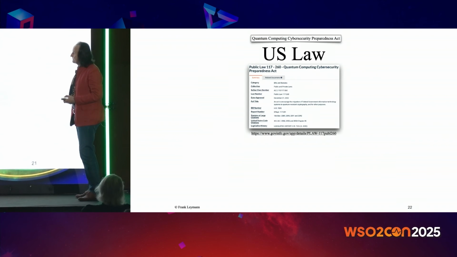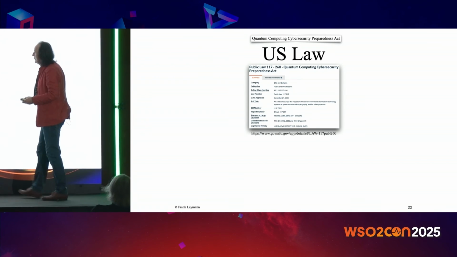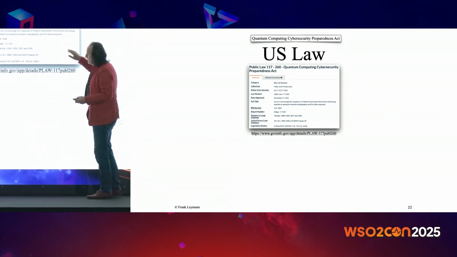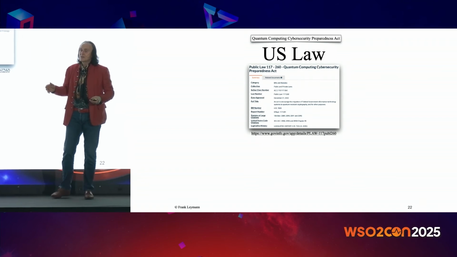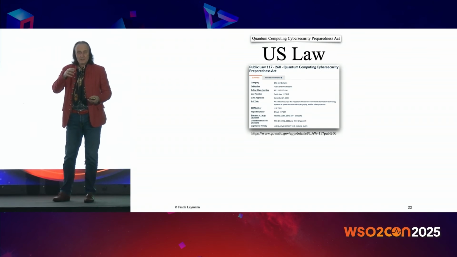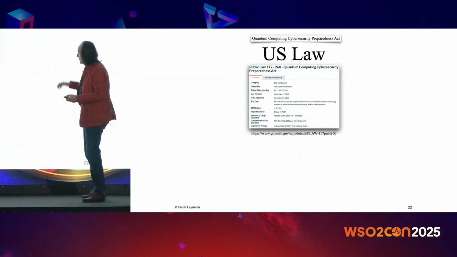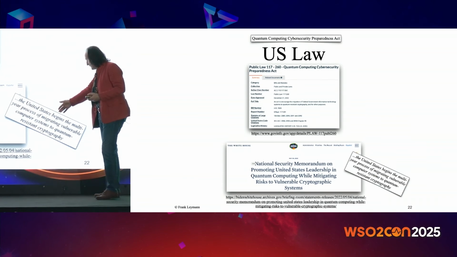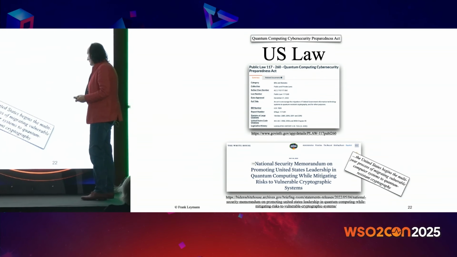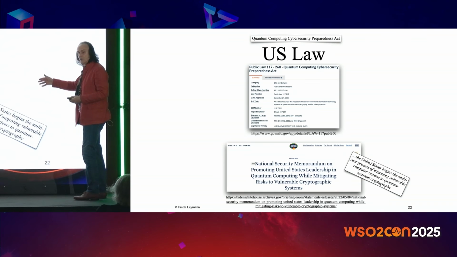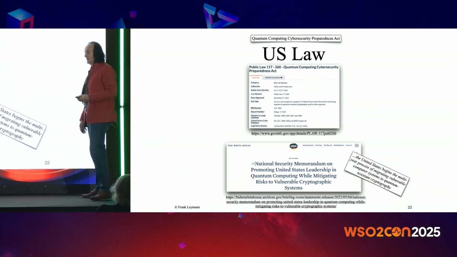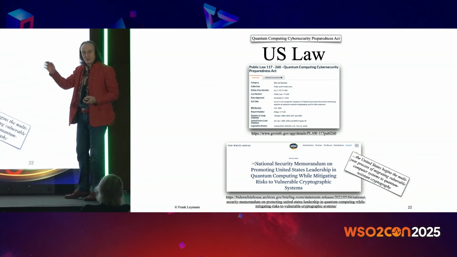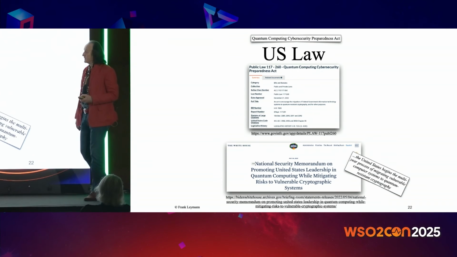But in the government, for example, in the US, they already had a law in 2022 that says that every government agency must come up with a plan to become quantum safe in, I don't know, 3 or 5 years. I just forgot the number. So their strategy is that the United States begin a multi-year process to migrate their vulnerable computers to make them quantum safe. You can follow the status on their web pages. Everybody has submitted plans and so on. They are very open about that. You see what they are currently doing.